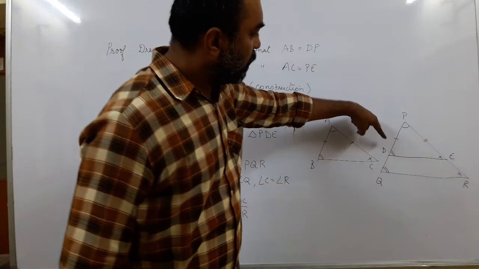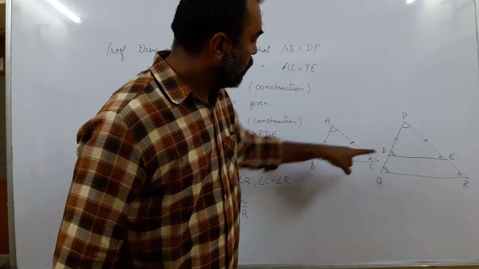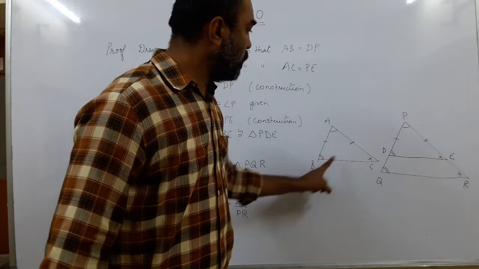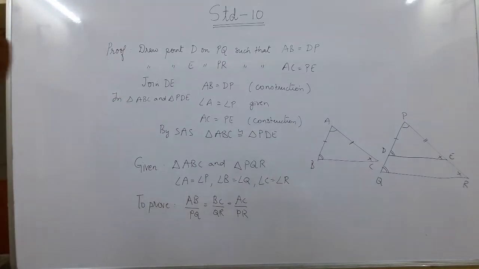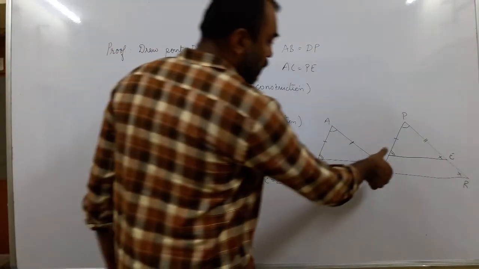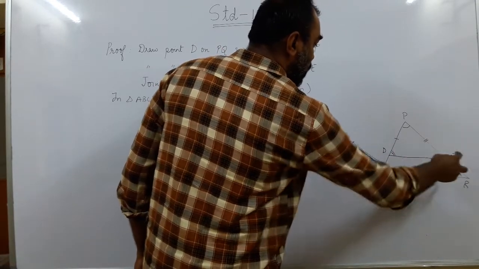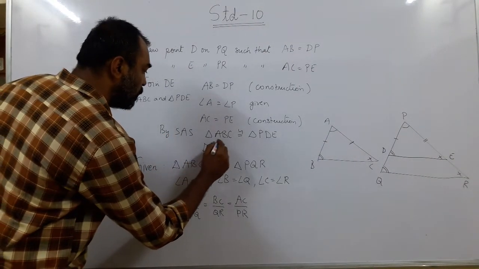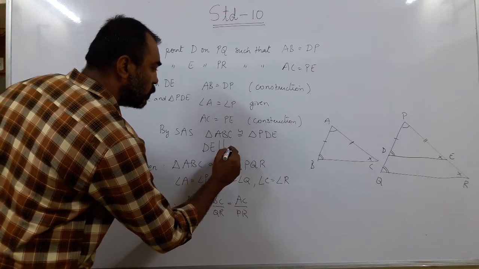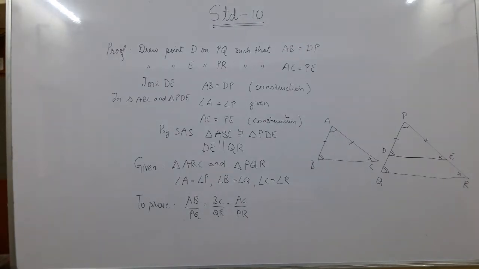Now what do you observe over here? Angle D and angle Q are equal because angle B equal to angle Q and angle B equal to angle D. So D and Q is equal, E and R is equal, right? So if I take these two lines and this is a transversal, the corresponding angles are equal, so these two lines are parallel. Because the corresponding angles are equal, we have DE parallel to QR. Now what do we get if DE is parallel to QR? What is so special about it?